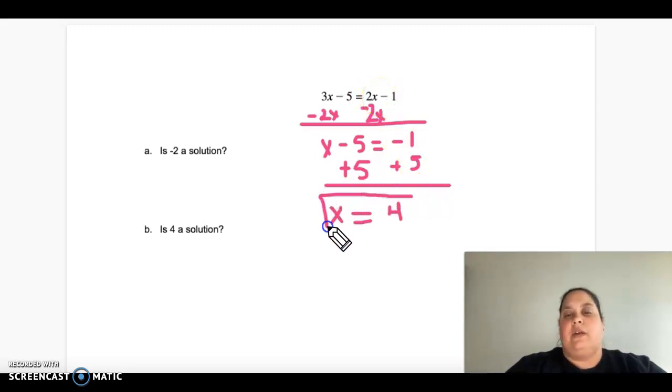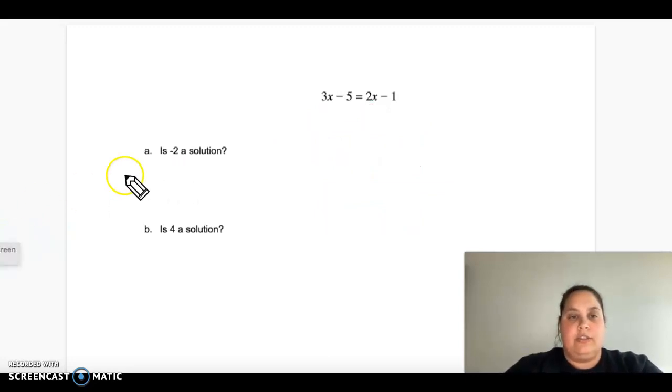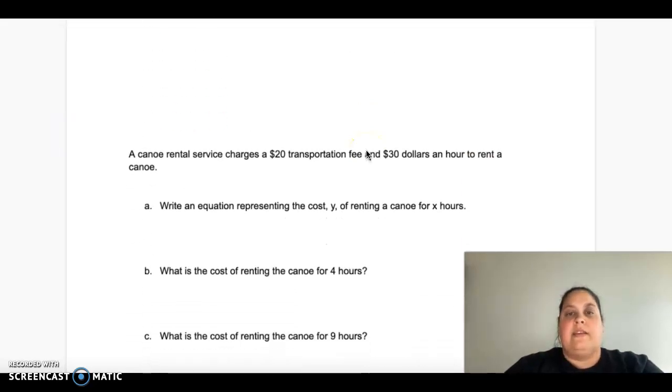So that's how I know that my solution here is 4. 4 is a solution to my problem. So that's the first part, which is evaluating or checking solutions. The second lesson, and the last lesson that we're going to go over today for your review, is the word